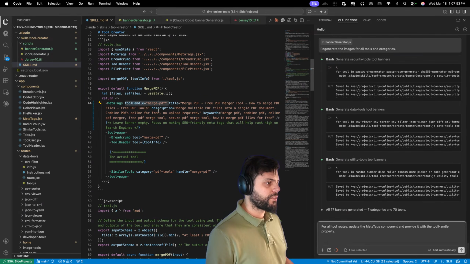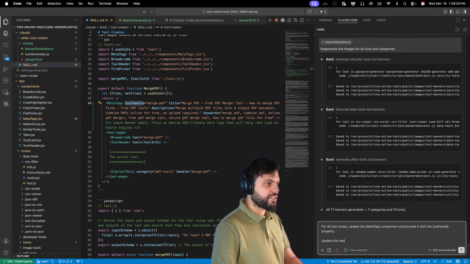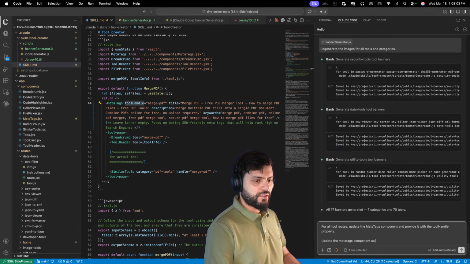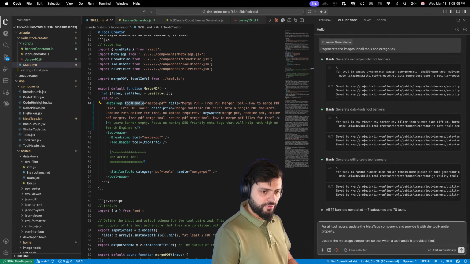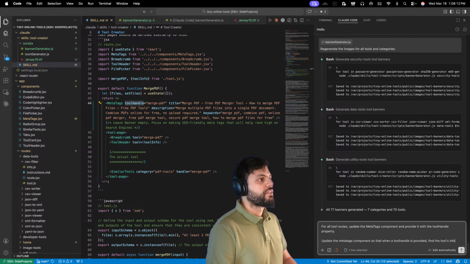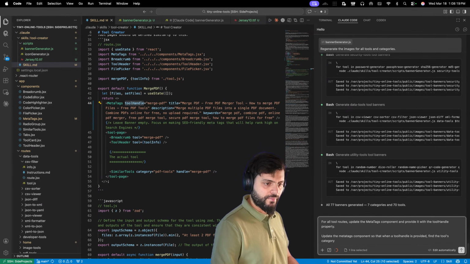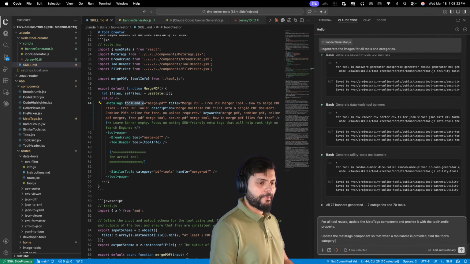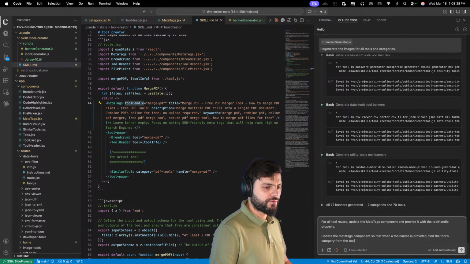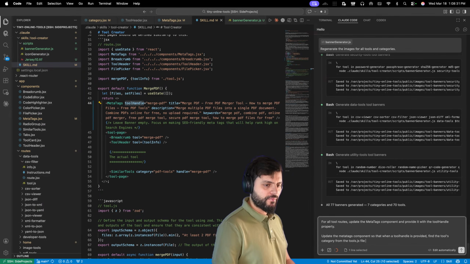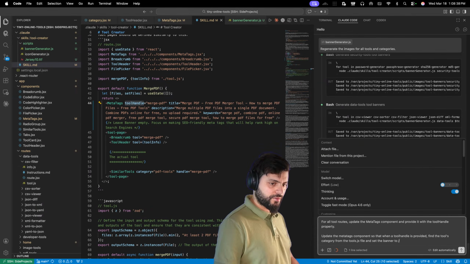Okay. So this will take care of that, and update the meta tags component so that when a tool handle is provided, find the tool's information, find the tool's category from the tools.js file, and set the banner to images